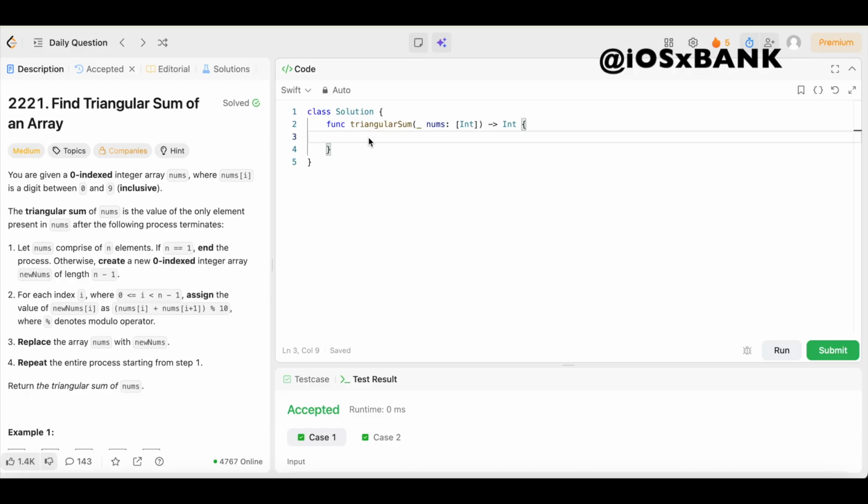So why not? Now, the first thing we're going to do is we're just going to check to see if nums.count is greater than 1 by coming right here. We're going to say nums.count is greater than 1. Boom. Now, if that is true, we're going to put the question mark to check if that is true or not. If that is true, then we're going to recursively call triangularSum on a new array created by combining adjacent pairs of numbers modulo 10. So we're going to say recursively call triangular